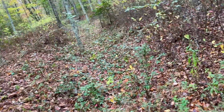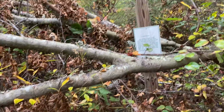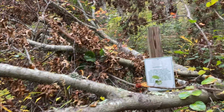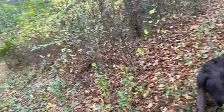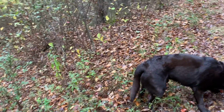Okay, so this is the Sluiceway. It's compression. We'll look at this on LiDAR. It's been filled in, obviously, but basically that river that I showed you when we were coming in, the Green Falls River, was diverted, and you can see some trees have fallen down and kind of disrupted here, but that's okay. Basically they channeled that water. They took it and they dug out a trench of sorts called the Sluiceway,